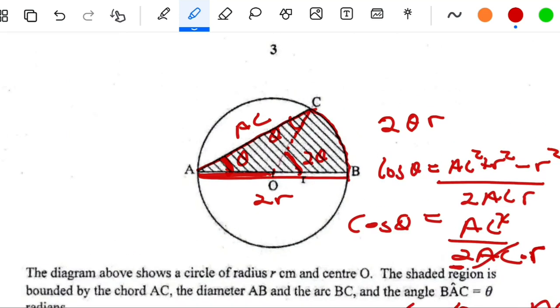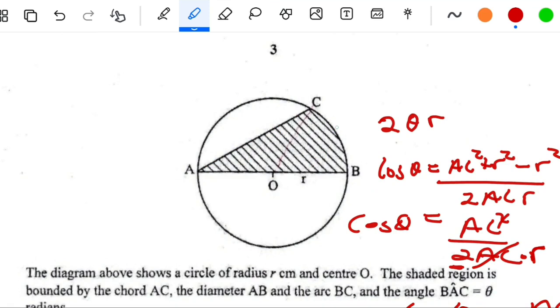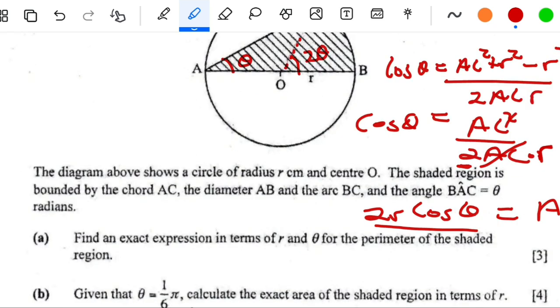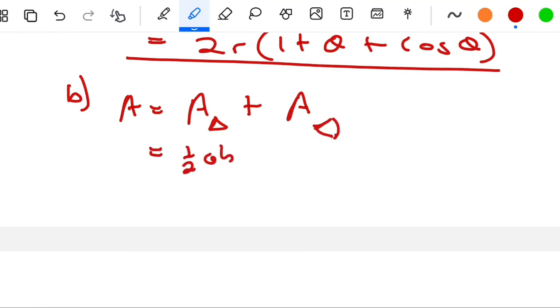Area of shaded region, we can split it again. So let me clear the area there. We can split it again and find the area of two things there. So let's split it into a sector and a triangle. This one we know that is 2 theta. Okay, then here we know that is theta. We know the area of a triangle and area of a sector. So let's come for area here. Say A equals area of a triangle plus area of a sector. Area of a triangle is half ab sine theta plus area of a sector is